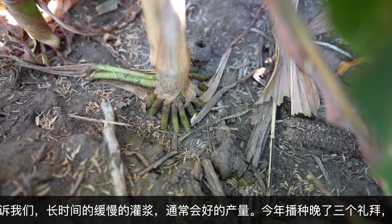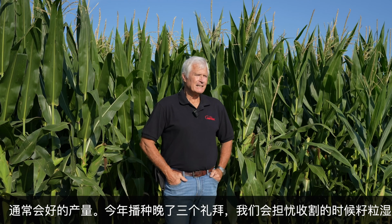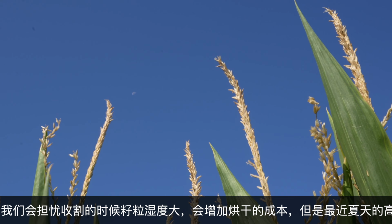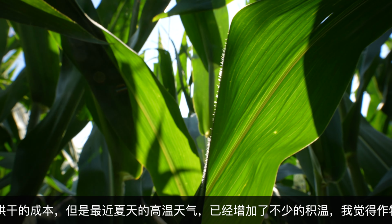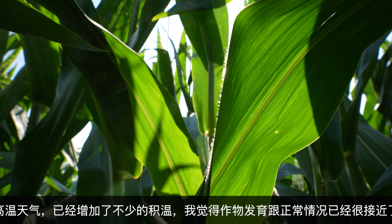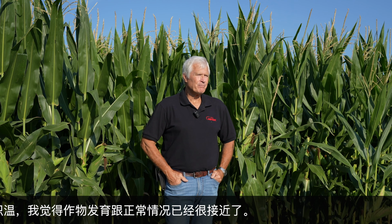We planted about two and a half, three weeks later than normal. So we were all concerned about harvesting, the crop being mature, high moisture, causing a lot more drying bills. With the high temperatures and heat we've had all summer, I think we've made up a lot of the growing degree units and heat units. And so I don't think we're that far behind a normal